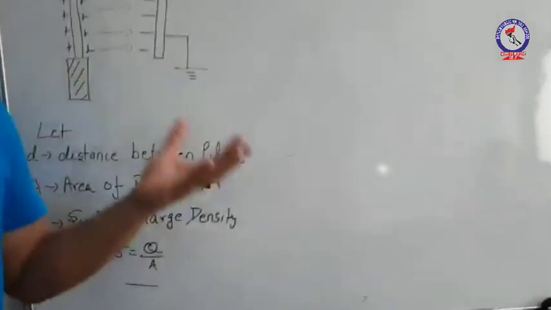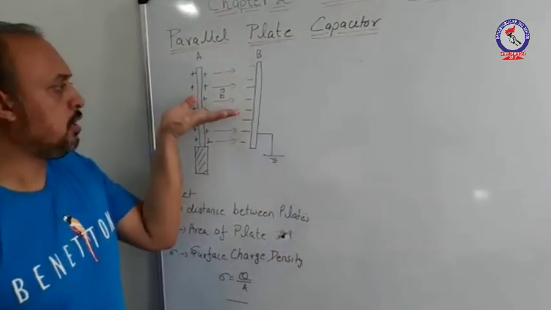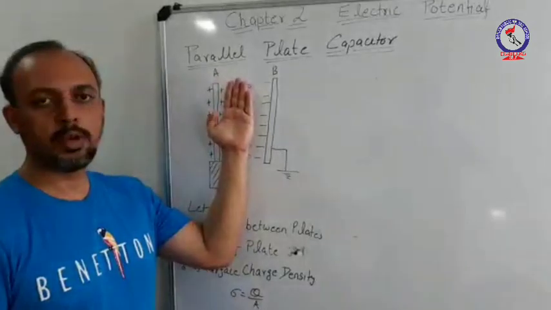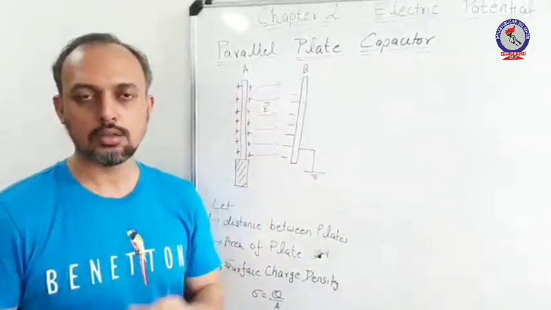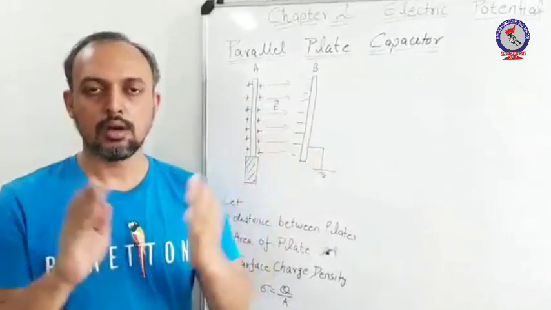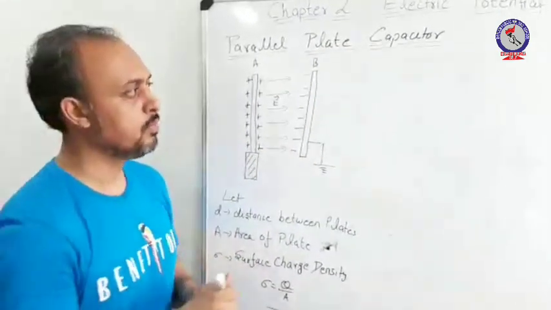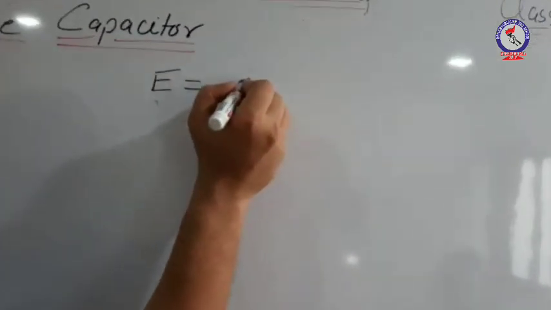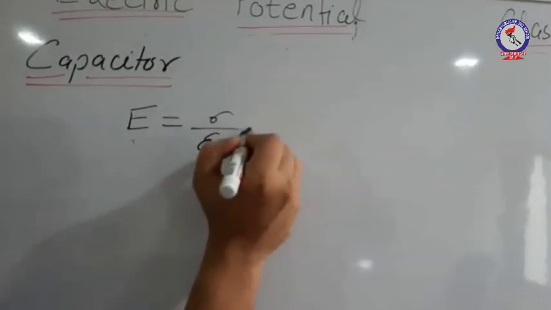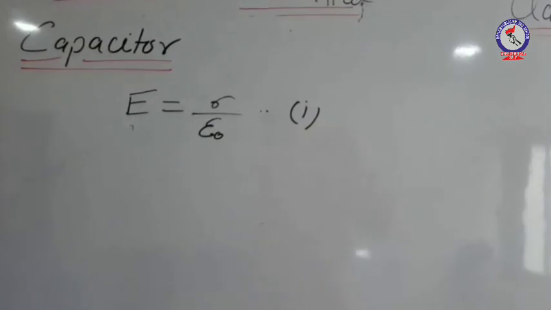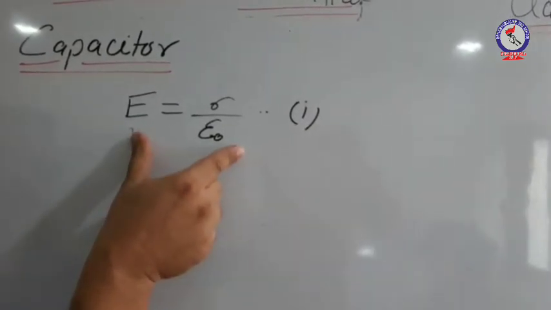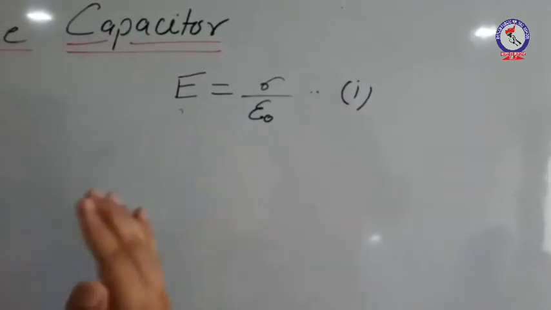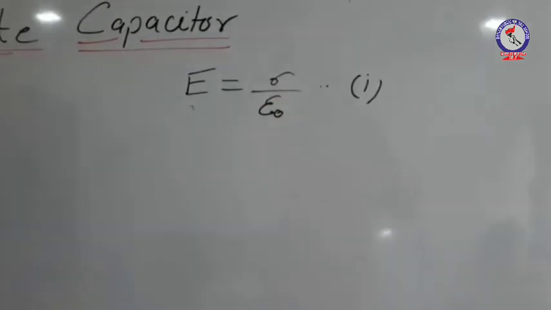Now, moving on to the derivation part, as I have just explained, there will be a certain magnitude of electric field between these two plates of the parallel conductors which are acting as a parallel plate capacitor. If the plates are separated by air or vacuum, the magnitude of electric field between the plates is given as E equals sigma upon epsilon 0. Let this be equation number 1. You should remember this equation as it is very important. This is the magnitude of field between the plates of a capacitor separated by air, that is sigma upon epsilon 0.